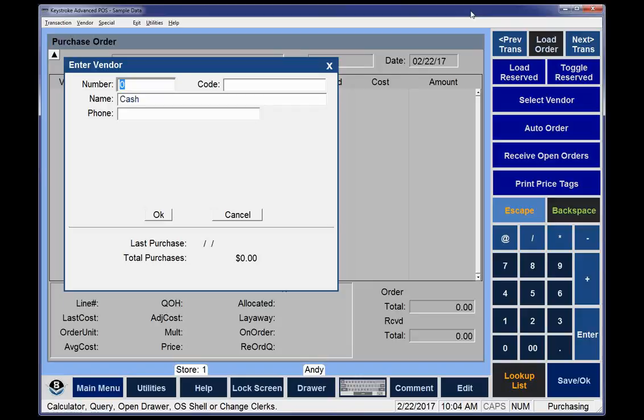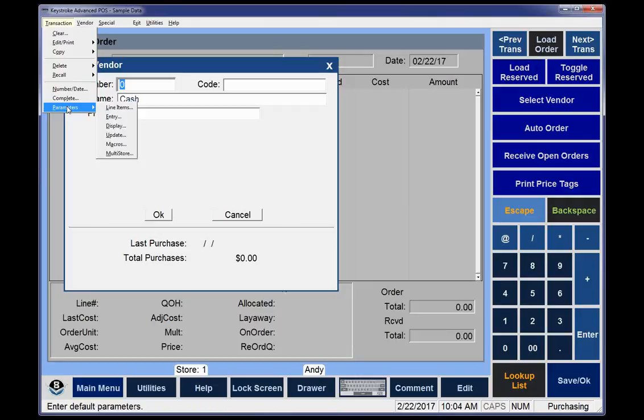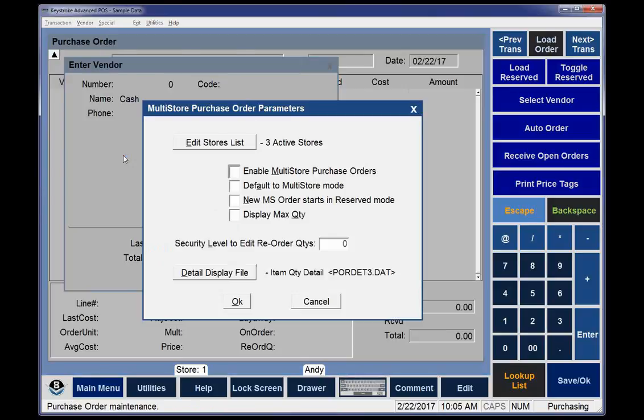First thing you do in Purchase Manager is go to the Parameters section. Under the Transaction menu, the program already knows if you've been into StoreLink and have set up stores. You would go to the Parameters option, and notice that there's another choice at the bottom below Macros. It says Multi-Store. So I'm going to select that, and it's going to show you some settings,